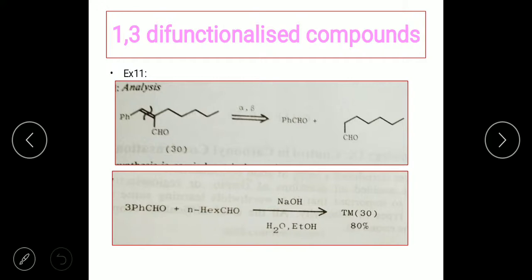So next you have one more example. Here you are going to disconnect the double bond. It is the same kind of example, students, but the only difference is you can directly write the synthetic equivalents, or else you can do the FGI to alcohols and then do the disconnection. So here directly you're going to disconnect the double bond, and it is going to give rise to two molecules of the aldehyde. On reaction with the base EtO minus, you are going to get the target molecule 30. So this is how you can write down the synthesis for these compounds.